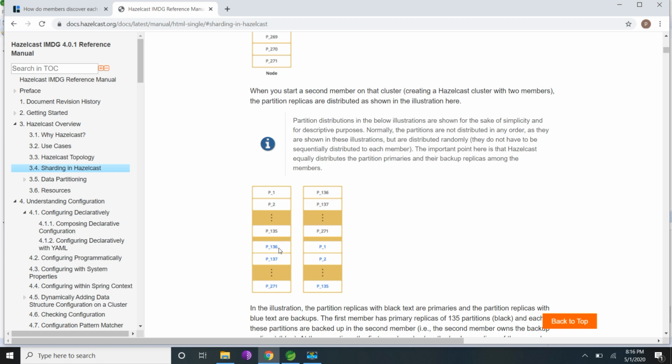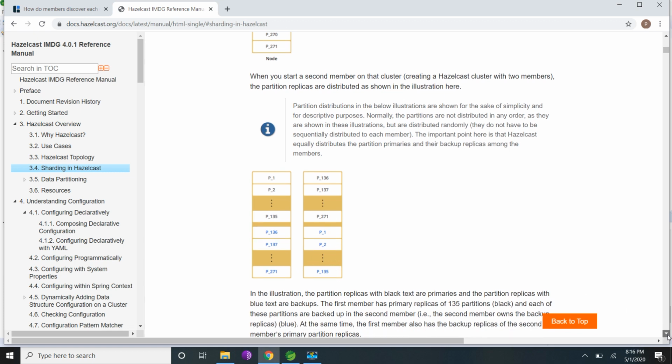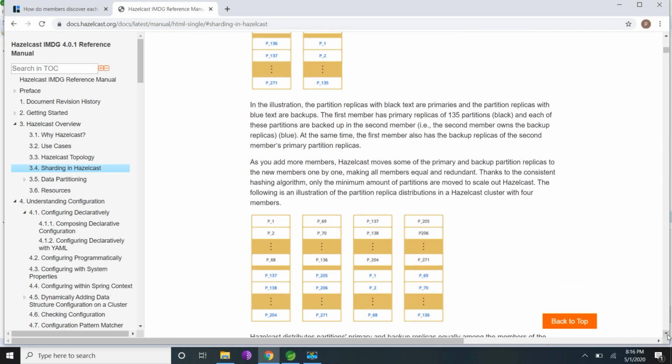Similarly, the backup data is stored: member 1 with P36 to P271, and the second one will have P1 to P35. If I add 4 nodes, the partitions from P1 to P271 will be distributed across the 4 nodes, and will always have the backup data.